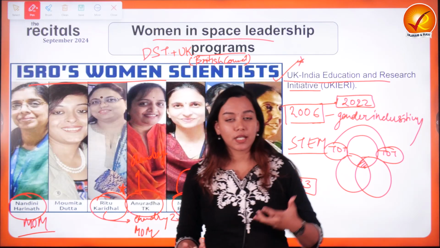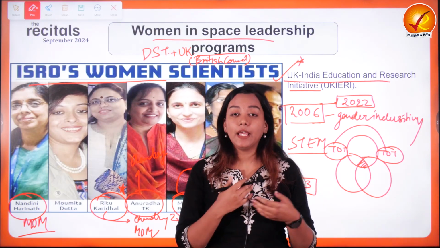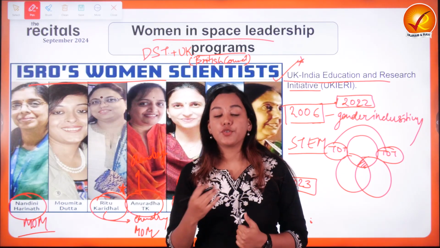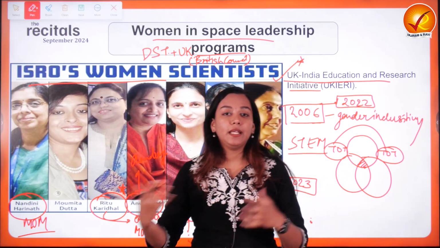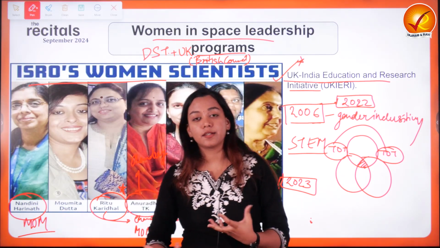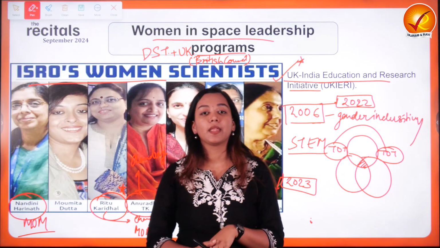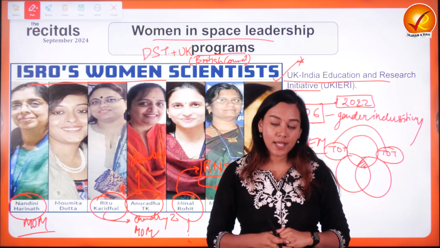Because of many issues: the cultural hypocrisy around it, the social restrictions, the economic restrictions, the technical barriers. They are not given the proper education at the right time. They're often demotivated. Their family contributions are considered more superior as compared to their contribution in the STEM field. Of course, R&D processes take more patience from the side of scientists.